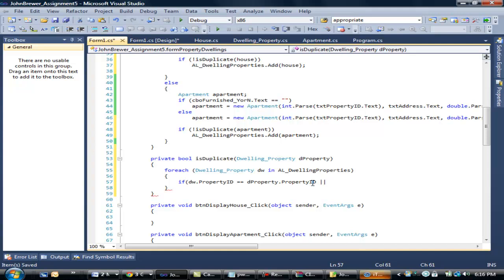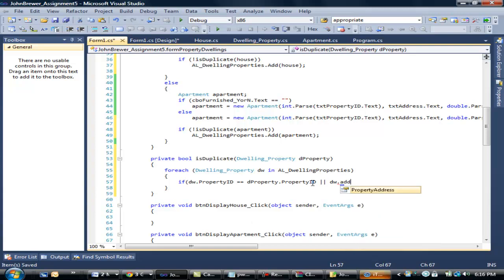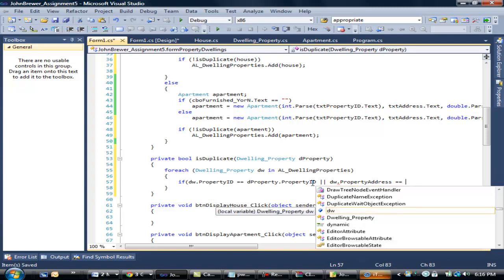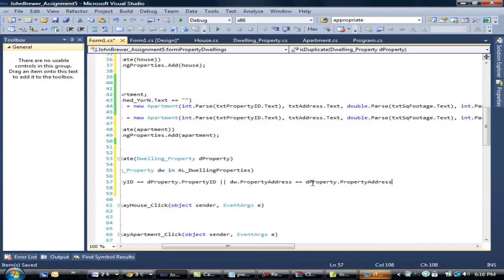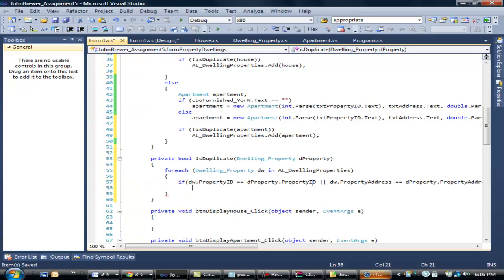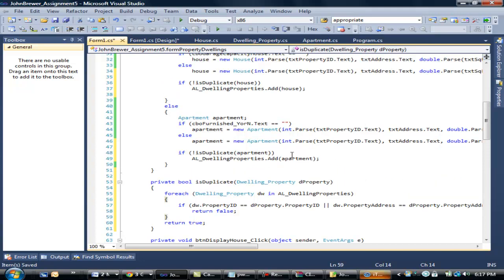You need OR. Or dw dot property address is equal to d property dot address. If this is equal or that is equal, then return false. Else return done. So we're checking here whether it's duplicate or not. Right. Okay. If duplicate apartment,